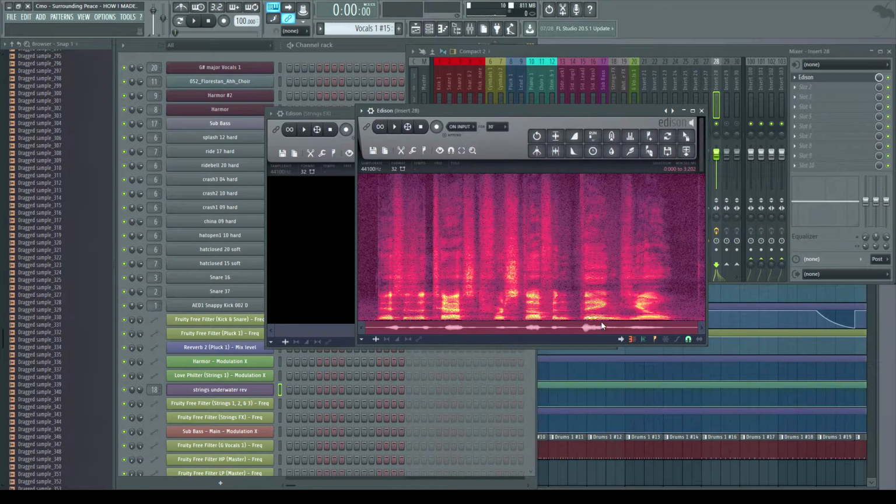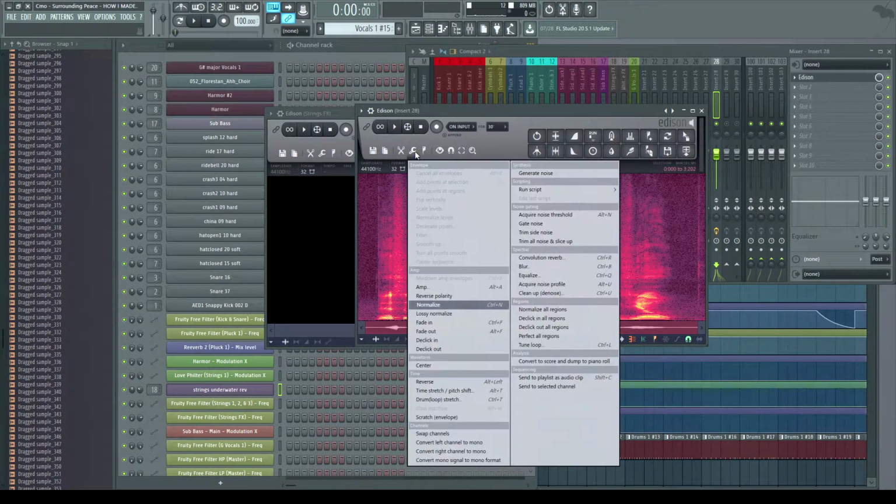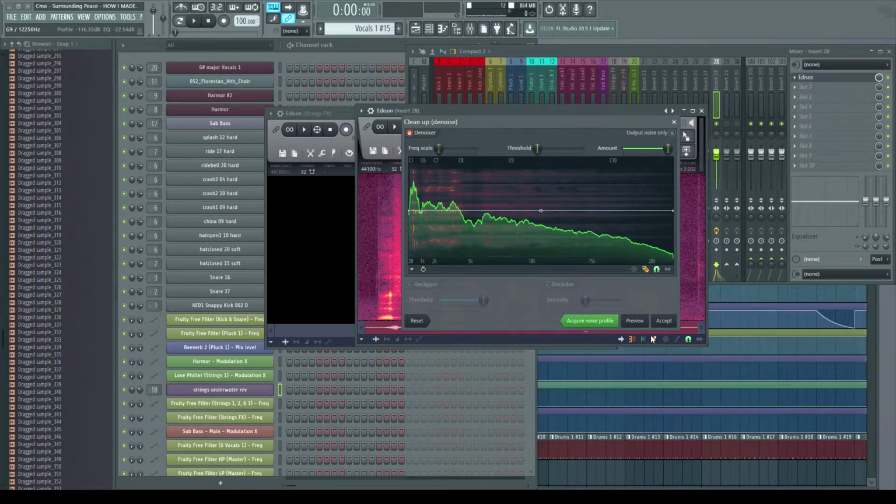So we acquire the noise profile, and we go back up to denoising and preview. This is a test for stuff and things, yo. Basically, it kind of just blurs out the sound. We can lower the amount even more. This is a test for stuff and things, yo. You can hear that most of the noise in the back is gone. But if we turn it off, it's all back there again.